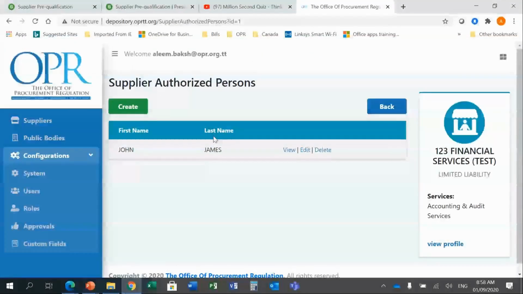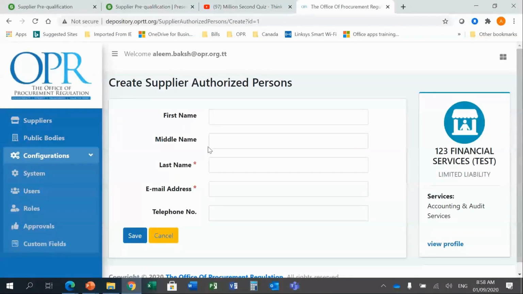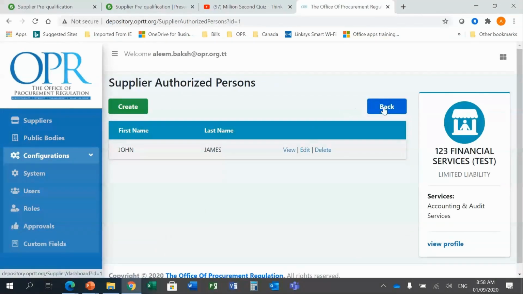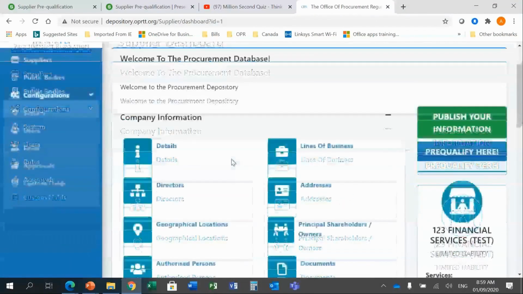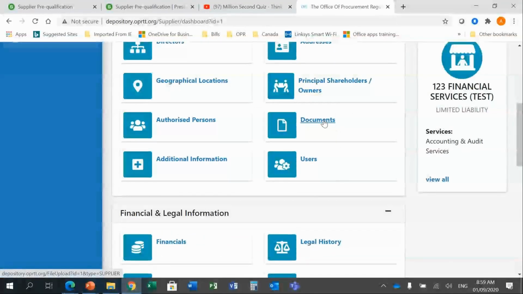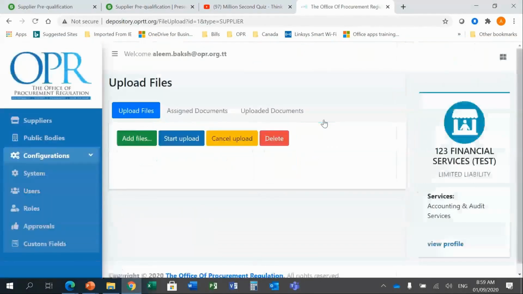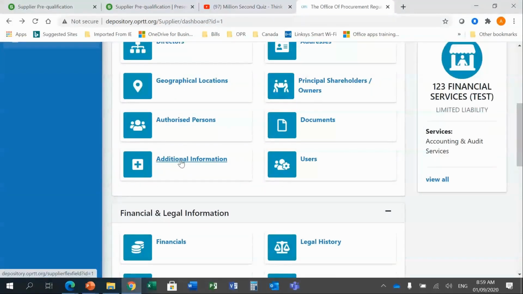Authorized persons. In authorized persons, you identify the persons who are authorized to transact for the supplier. So in this case, it will be John James, and you can create additional authorized persons here. The information that's asked for is really your name, email address, and telephone number. So I'm not going to create any new authorized persons there. We spoke about documents before, so this is where we had gone to upload and assign documents. In this case, I'm using my back arrow. Under additional information,